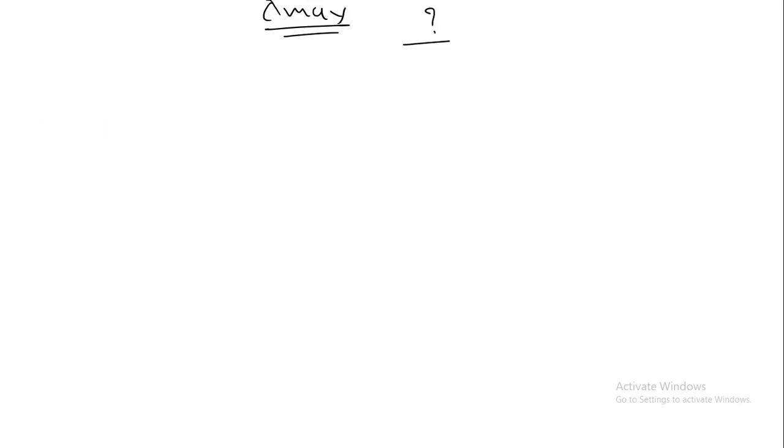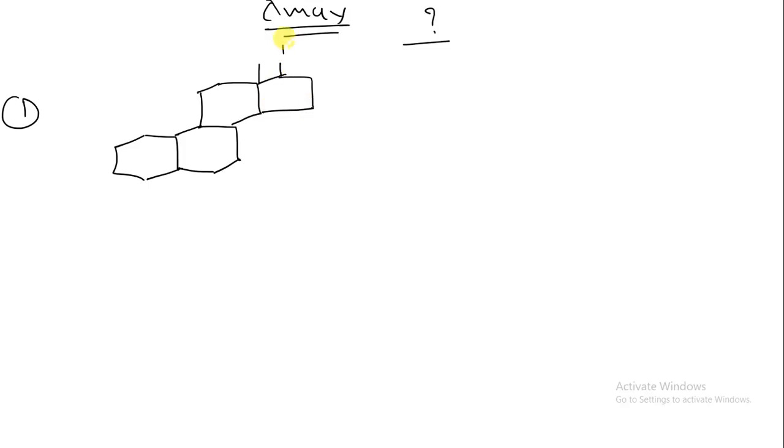First example for homework: let's say I am having a ring over here, a second ring over here, and a third ring over here, and there is a substituent present on the ring. Let's say here I am having an R group. Now this is a double bond, here I am also having a double bond. You have to calculate the lambda maximum for this.